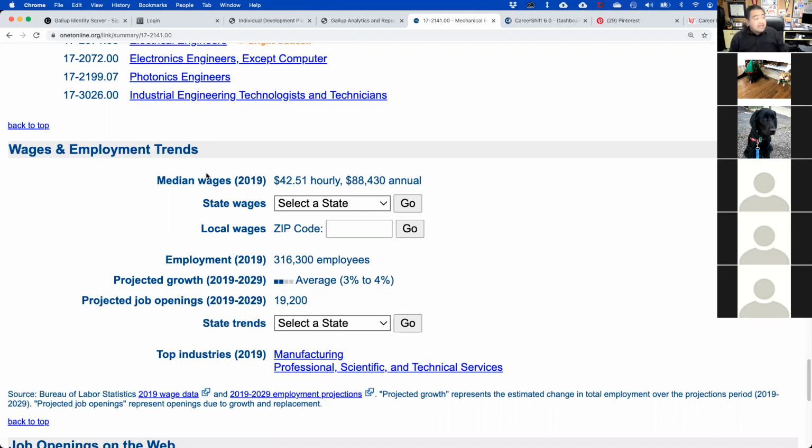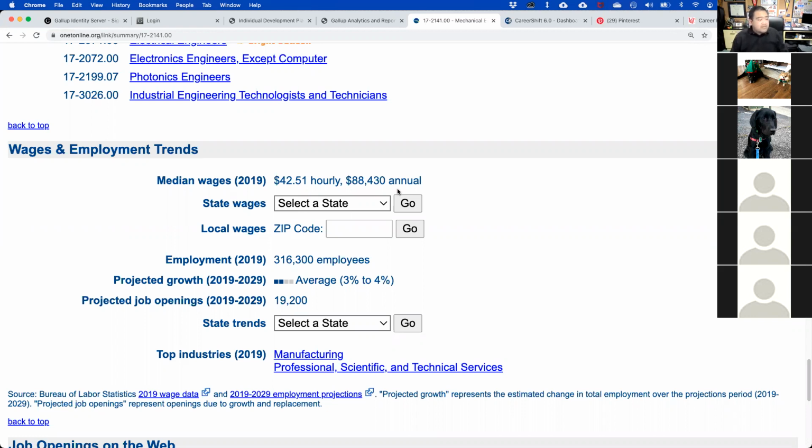Namely because this is not only the hourly rate, and the salary that's listed here is actually for all jobs, okay? The data that I typically cite and report out is data of recent graduates, okay? So that's why there's a huge difference between what I'm talking about and what I'd say typically versus what's presented